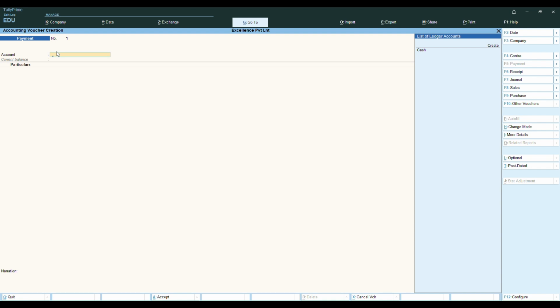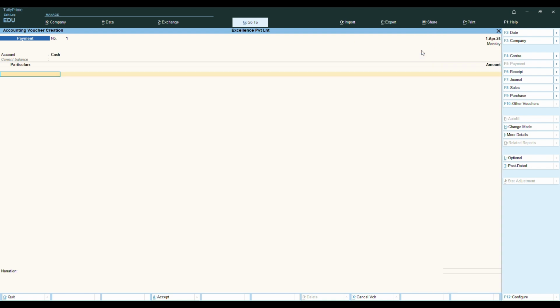Now go to the account box and press space on the keyboard to display list of ledger accounts. Select cash from the list. As you can see, the cash account is added.